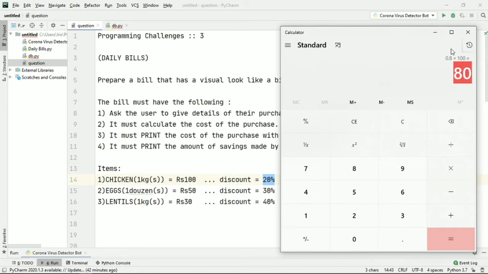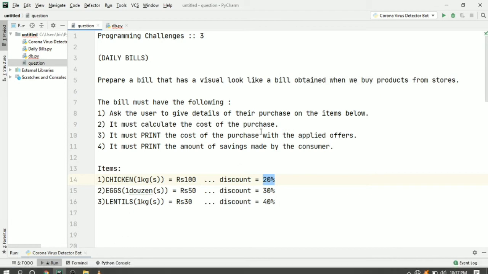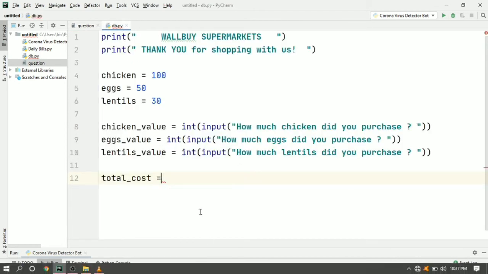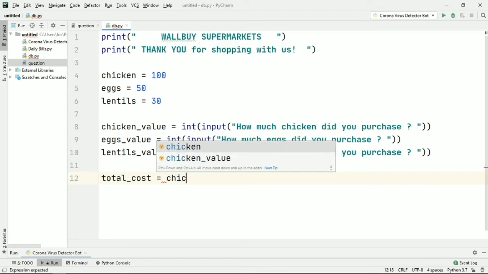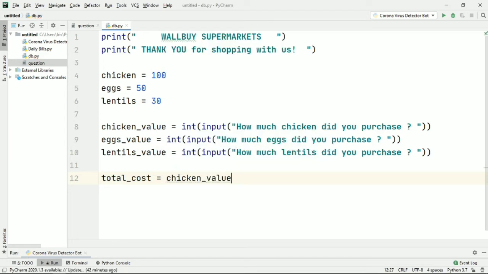Okay, so total cost is equal to chicken value into 0.8. I just explained why I'm putting 0.8 instead of 0.2, because that does not make sense.